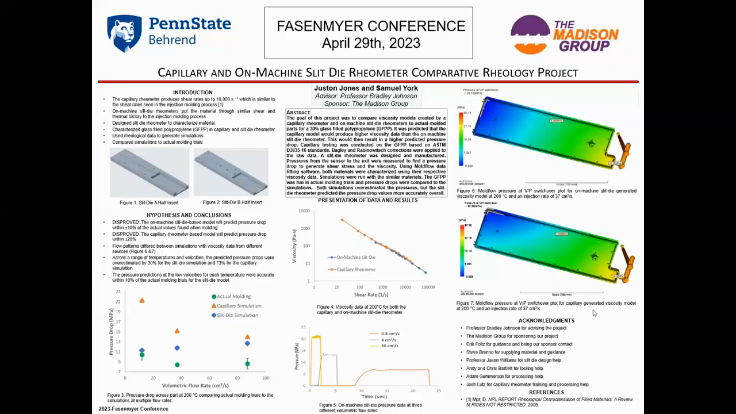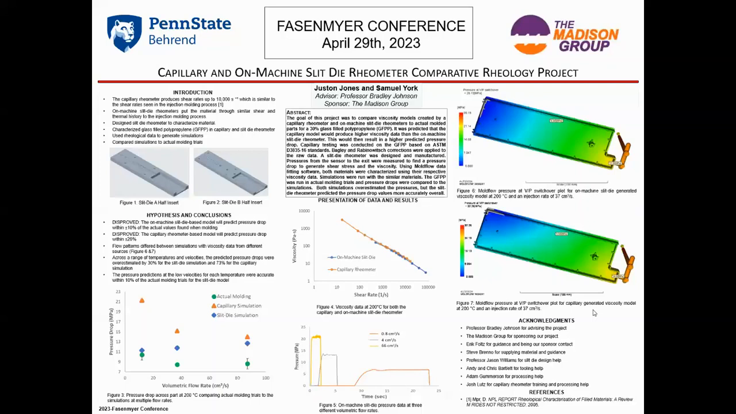So the first step in this project was designing a slit diameter to characterize the material. Once that was done, the material was characterized in the capillary rheometer and the slit diameter, and a mold flow material file was created for both methods. So using this material file, we were able to generate simulations for both the capillary rheometer and the slit diameter. And once those simulations were run, actual molding trials were run, and a comparison between the simulations and the actual